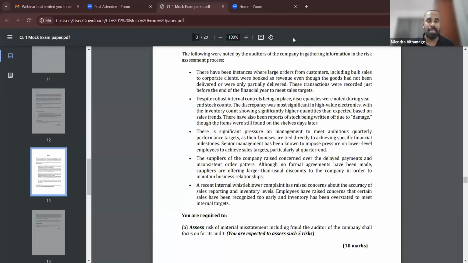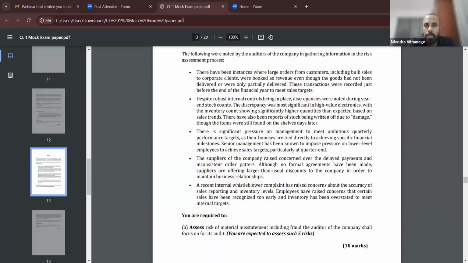Revenue recognition, SLFRS 15, cut off, window dressing. Window dressing, cut off is the assertion. Overstating of revenue, risk of material misstatements, window dressing, overstatement of revenue. Revenue cut off misstated.